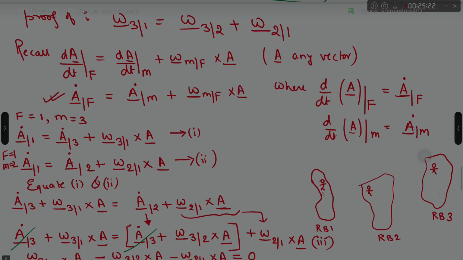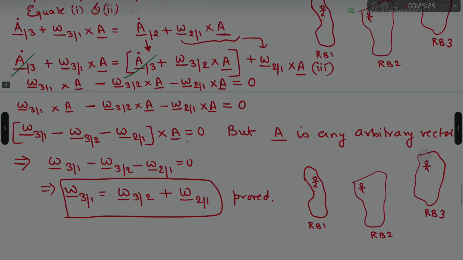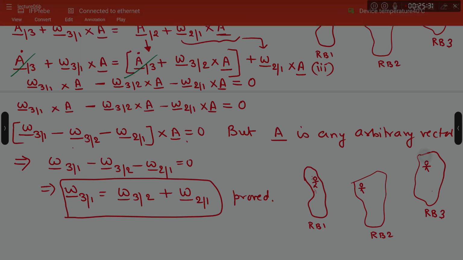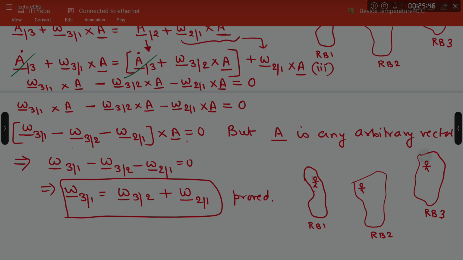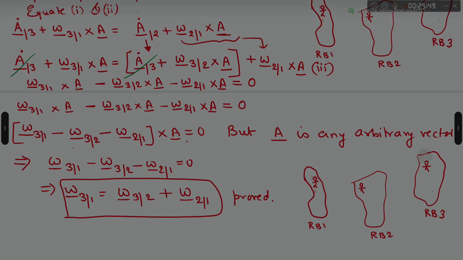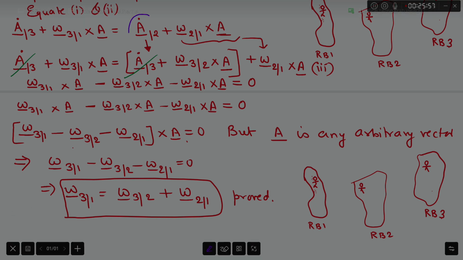Further, I am going to write what is appearing on the screen. I'm going to rewrite rate of change of A with respect to 2 now using 3 as my intermediate frame,